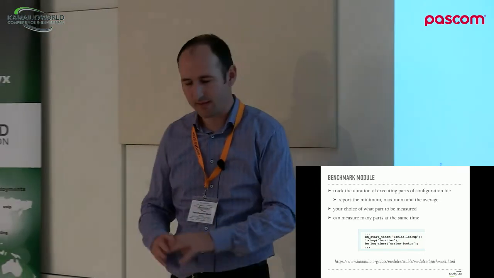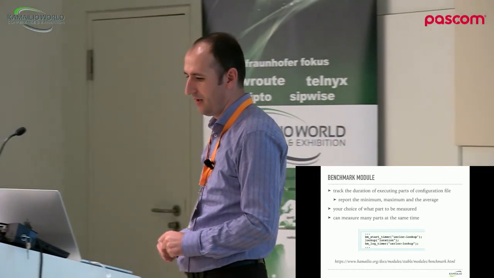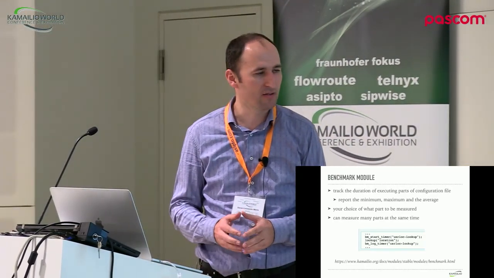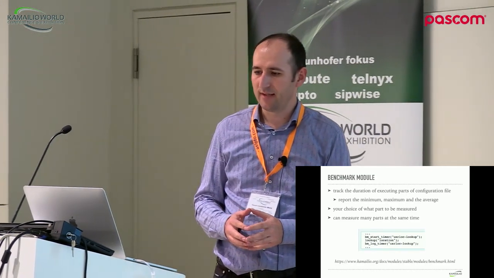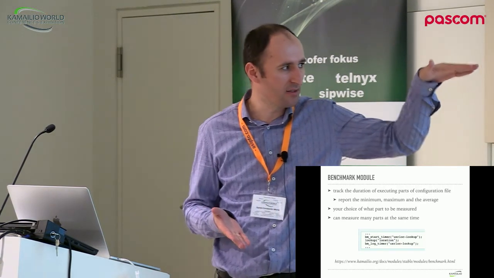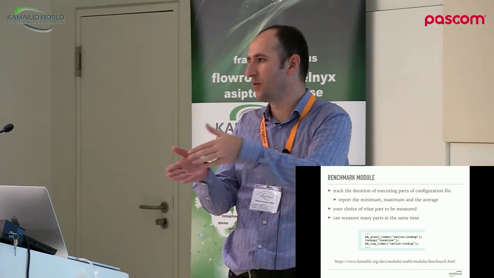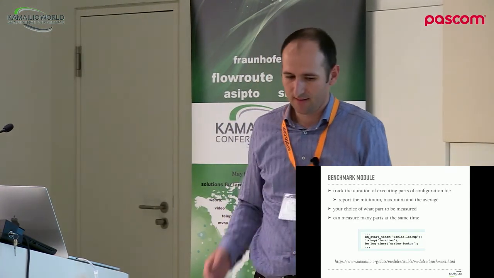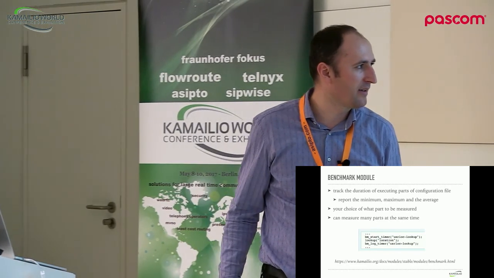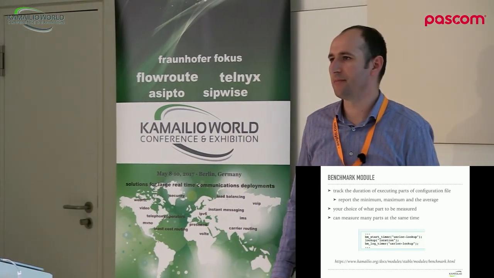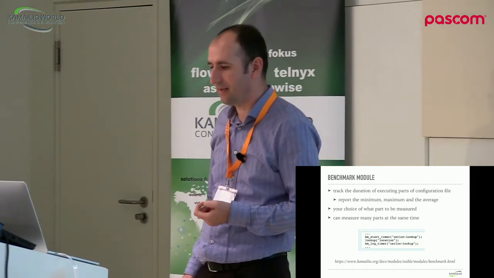You can call route blocks, so it's not only for another action. So it's up to you to put as much as you want inside the start and log timer actions. And one way to discover which part is slow, when you don't know, is splitting into start and stop, or start and log, at the middle of the request route, and then another start and stop at the end of the request route. And then you discover which one is slow, and then you keep splitting by two sections until you discover, okay, maybe some database related, maybe some DNS related